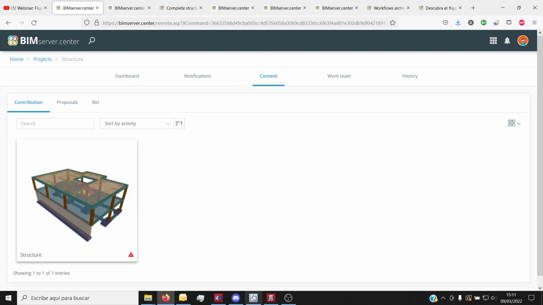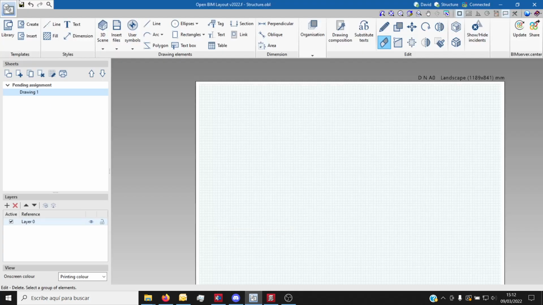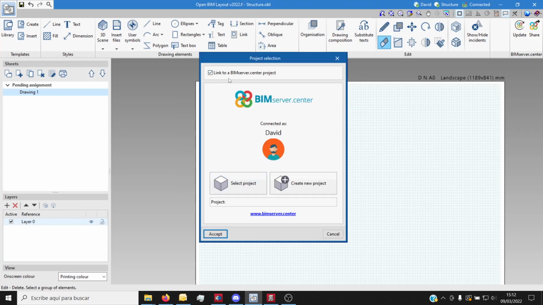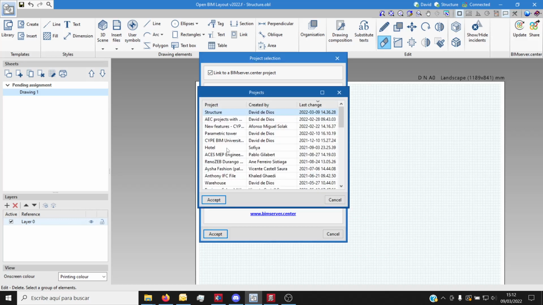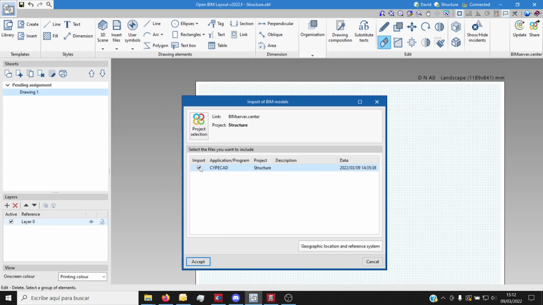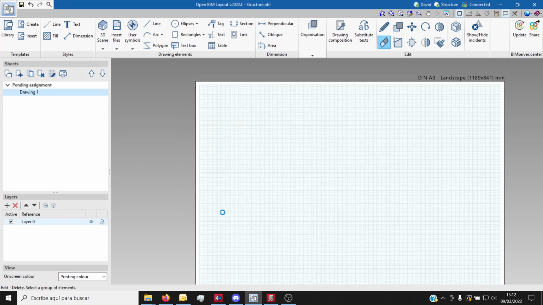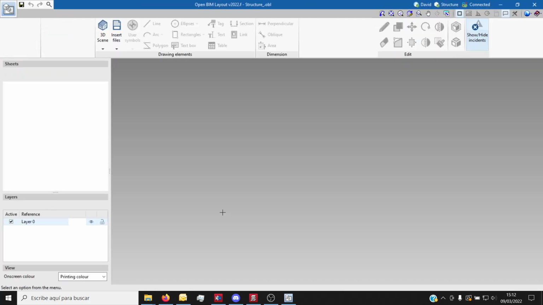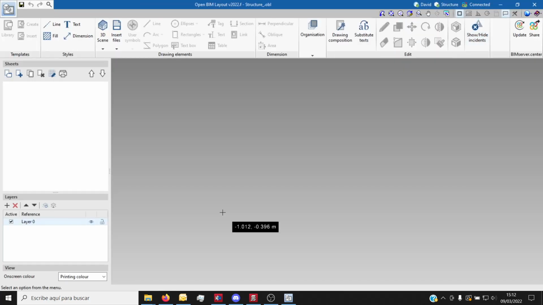So now if I switch to OpenBIM layout, let's create a new file, for example. And we have to link it to our project in BIM Server Center that contains the IFC file with the reinforcement. So let's select this project right here. Let's import this IFC file generated by CYPECAD. And now we will be able to generate sheets, drawings that contain all of this data that we have uploaded